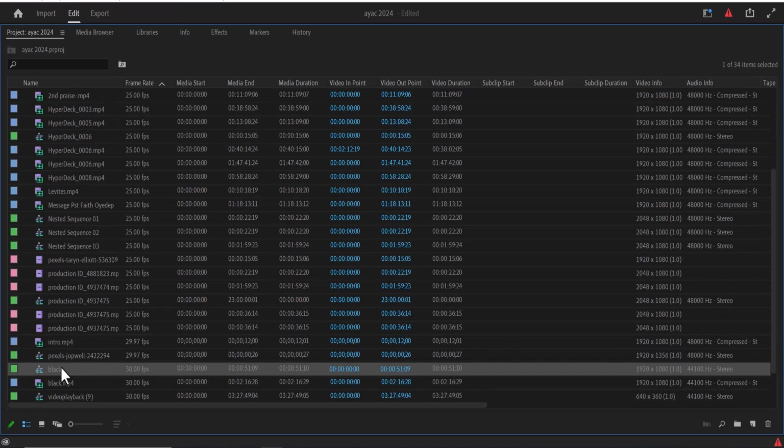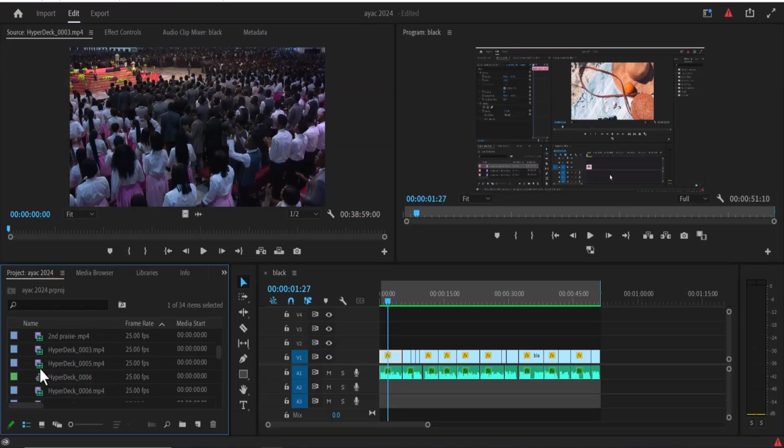So here we have my black sequence with this double line, and I'm going to double click over it. The moment I double click on that sequence, you can see that my sequence has been restored to my timeline over here. And that's it guys on how to recover